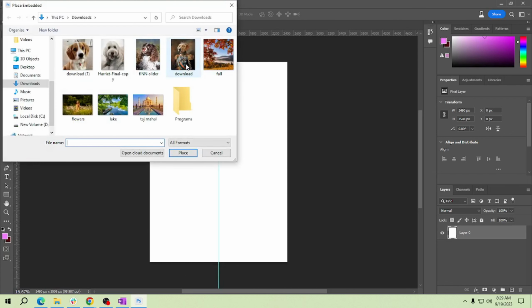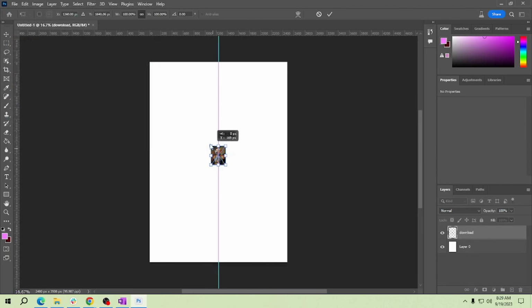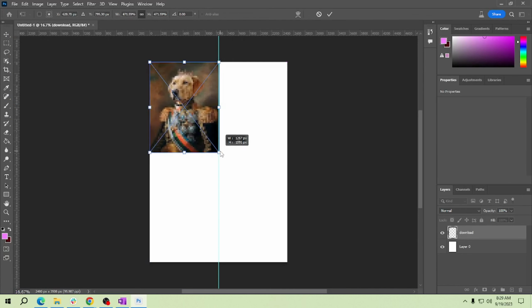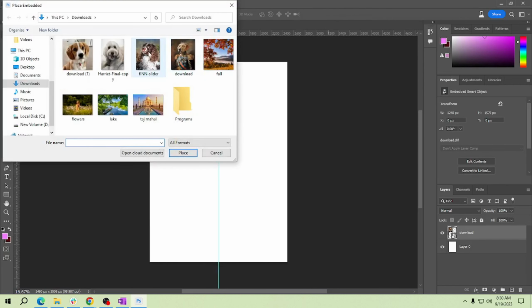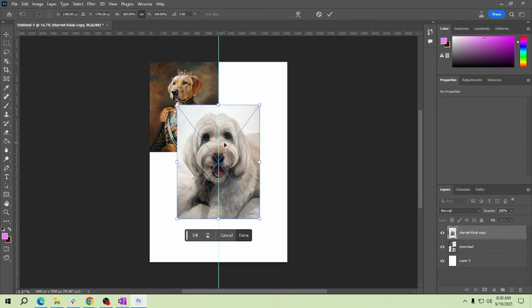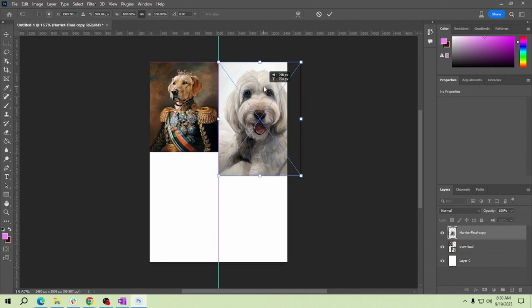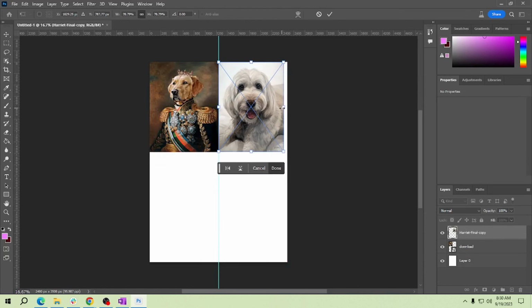Now we need to choose the photos or images you want to add in your collage. So first, this one. And then we will resize the photo just like that. Once you're satisfied, click on the check here, and then we will do the same thing with the other images. So adjust again and then click on